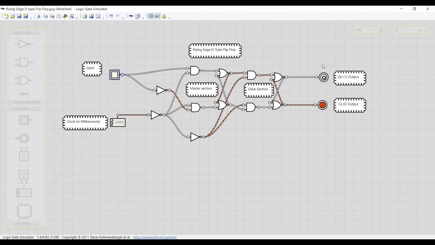If we want the Q value to change to 1, what we need to do is change the input at the top left-hand corner. So I'm just going to do that for you now. And as you can see, it's now changed. What actually happened there, though, was as the D value, the input, came on, it didn't change the Q value immediately. It actually waited until the clock cycle changed and was therefore ready for it. This is why it's called a rising edge D-type flip-flop, because the change will only happen on the rising edge